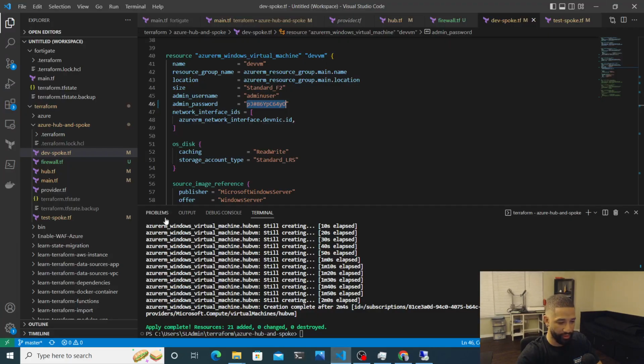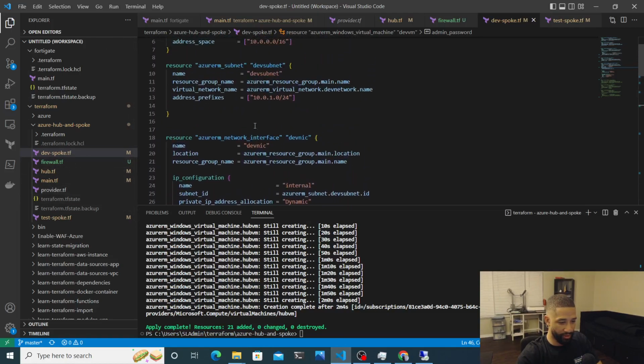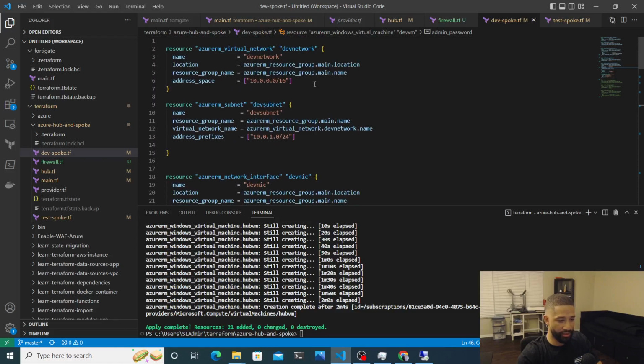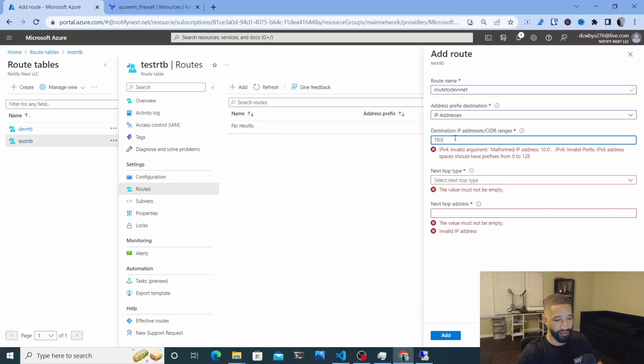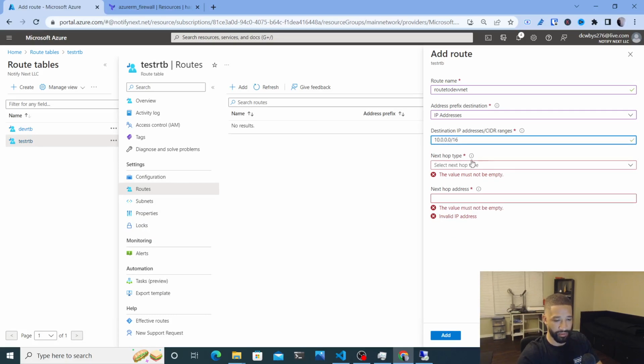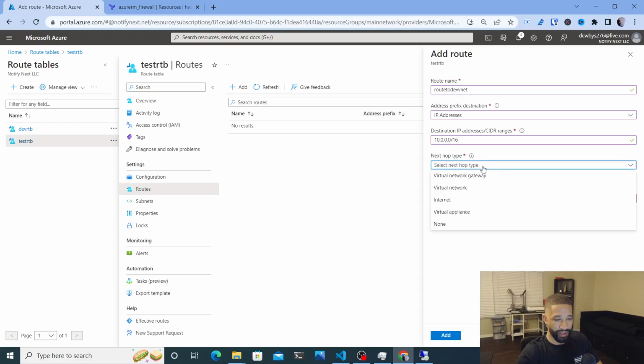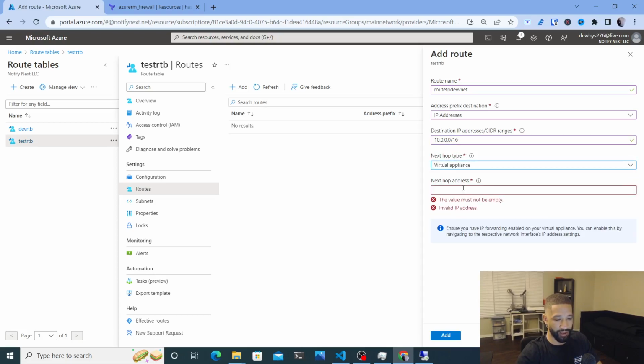Let me look. I think our dev, what subnet are we using? 10.0.0.0/16. So I'm just going to do the full CIDR range. In your network, you might actually skinny that down, but for testing purposes, just going to make it a lot easier. Then the next hop's going to be the virtual appliance, and I need to grab that, which is, I